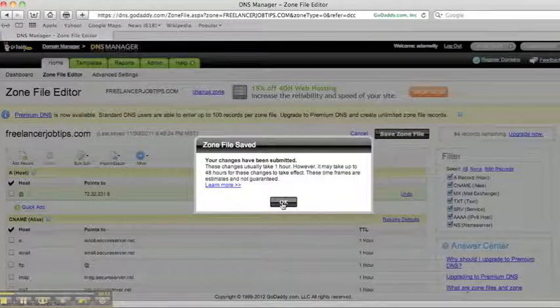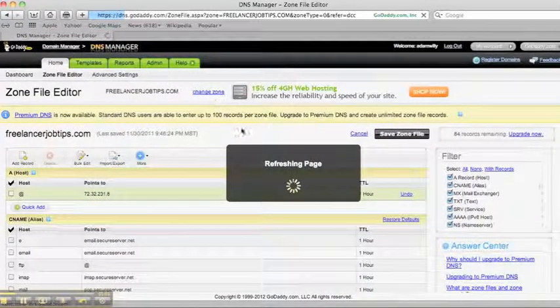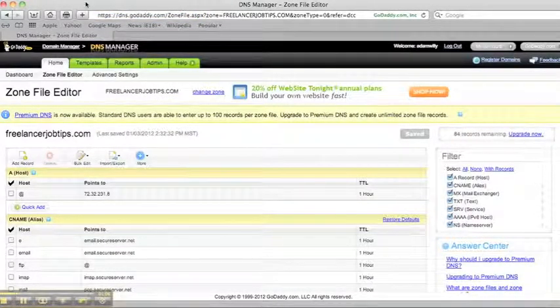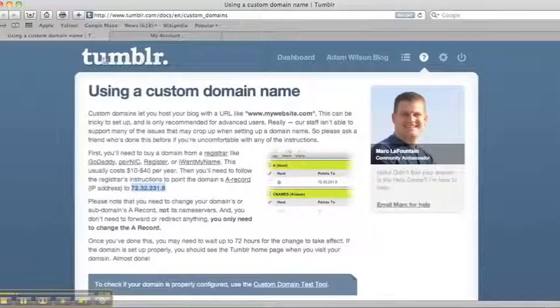Now it's saving. Your changes have been submitted. Okay, and it says it can usually take up to 48 hours. It's usually going to be done in about 5 or 10 minutes though. Okay, it's refreshing the page. Alright, so now I can go ahead and exit out of this,